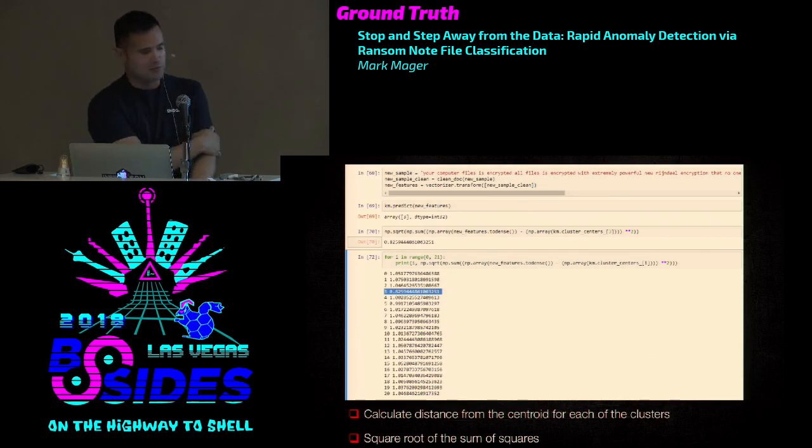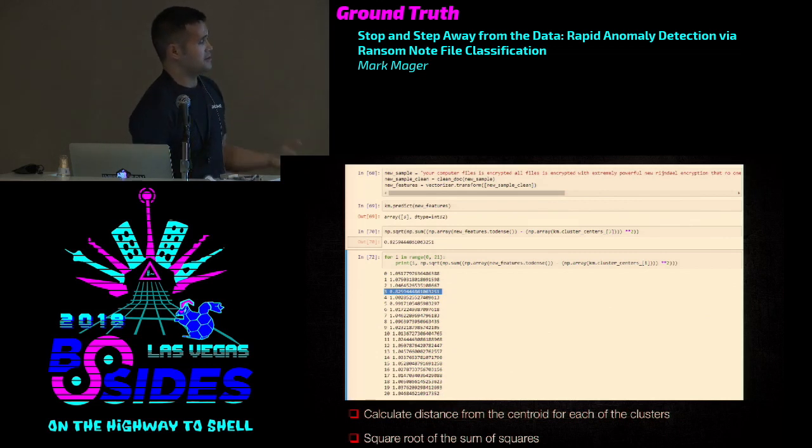And so, delving into the numbers a little bit, we can see that if we calculate the distance from the centroid for each of the clusters for the particular phrase that we're going to feed into our vectorizer here, so we took a legitimate ransom note that we ripped from one of our samples and provided it to the vectorizer, and we wanted to get an idea of which cluster that's going to tend towards, and lo and behold, that was cluster 3, which is the cluster that has our ransom notes in it.